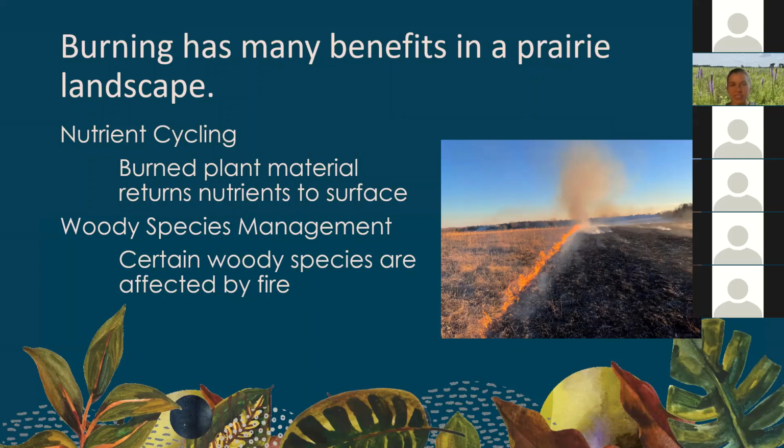Burns are also effective in controlling some woody species. So this is going to be more of your eastern red cedar and some of your more brushy species, though this won't manage those hardwoods or any of those woody species that, if we think back towards the beginning when we talked about prairies, savannas, and woodlands, those three ecosystems are all fire adapted. So if you have an oak starting to grow in your prairie, it is not going to be affected by the